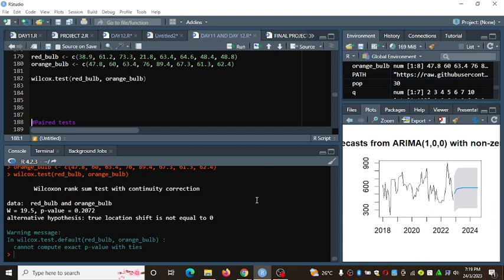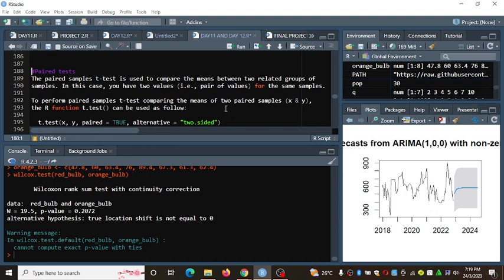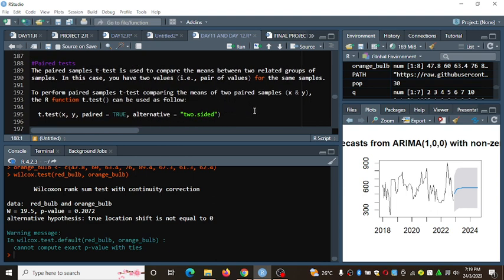Okay, let's continue. Let's do the paired test. The paired sample t-test is just used to compare the means between two related groups of samples. So in this case, you have two values, that is a pair of values for the same sample. To perform a paired sample t-test, comparing the means of two paired samples x and y, the R function